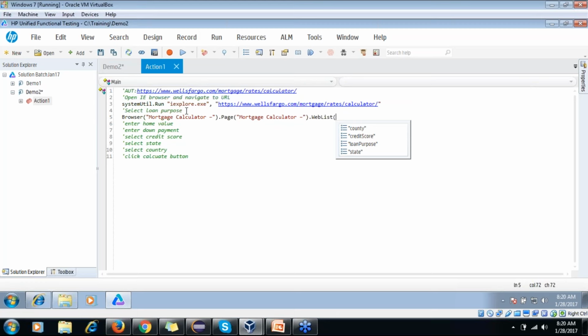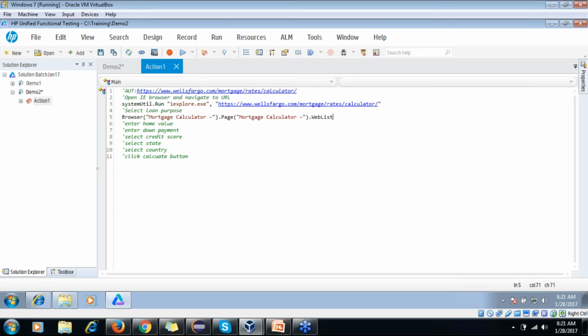First thing, if you observe here, we added 4 web list control objects in our object repository. Earlier you have seen, if there is only one object for the browser, UFT automatically adds it for me, even for the page.